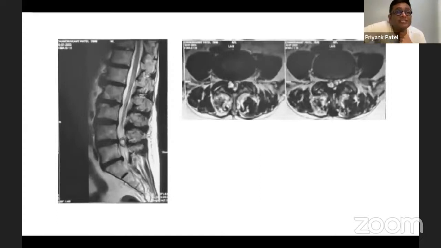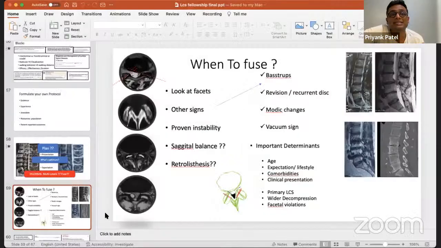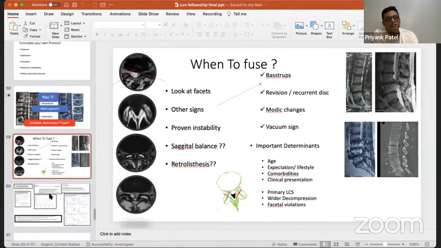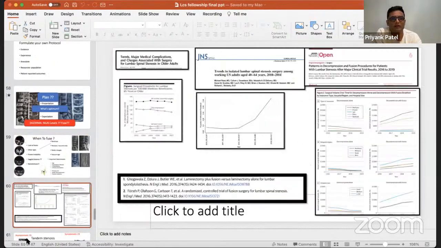Correct. So whenever you see a facet cyst on an MRI, you could give one point towards erring towards a fusion, but it's not at all a rule that facet cyst absolutely equals fusion. There is a lot of literature out there showing good results of only decompression in patients with facet cyst. But when you see this type of picture, you should keep in mind that there could be an arachnoid cyst. So intra-op rupturing of the cyst is important, and the patients do benefit a lot. You could see CSF intra-op when you're rupturing the cyst. So that's important. Tausif, let's go next, unless Harshal, you have something to show.